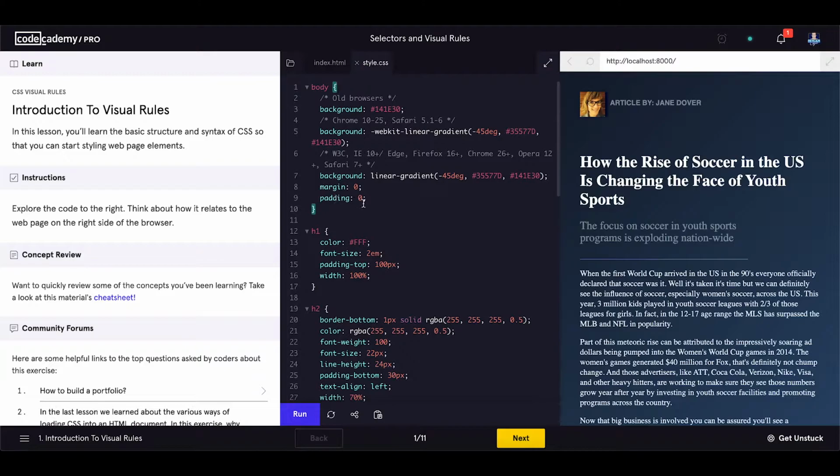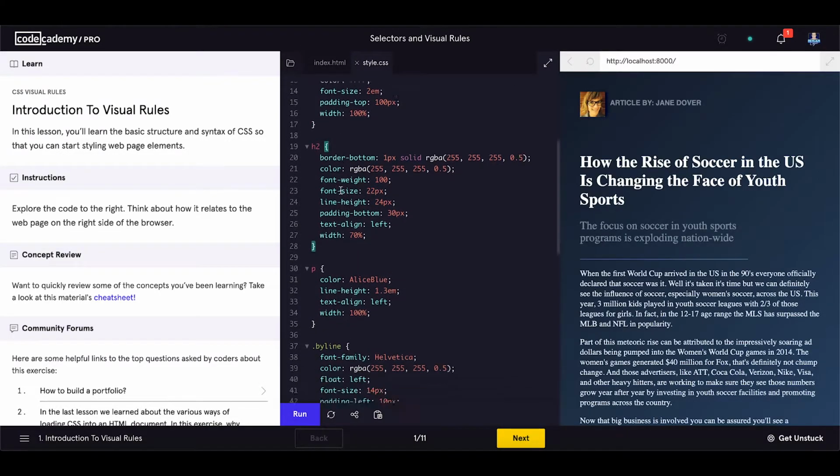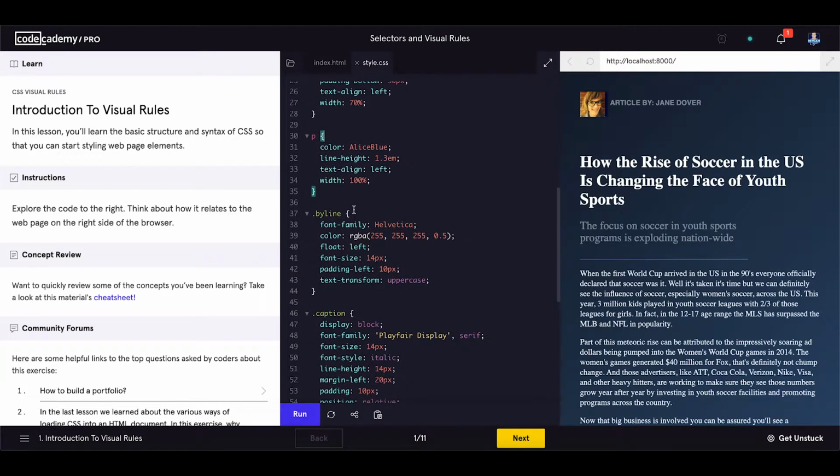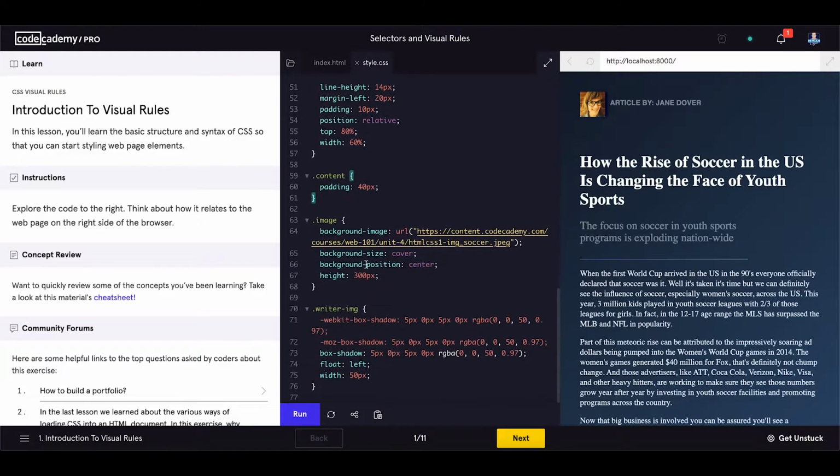Margin, padding set to 0. Then we have styles for the H1, H2 for the P. Then we have a class selector. Again, class selector, class,